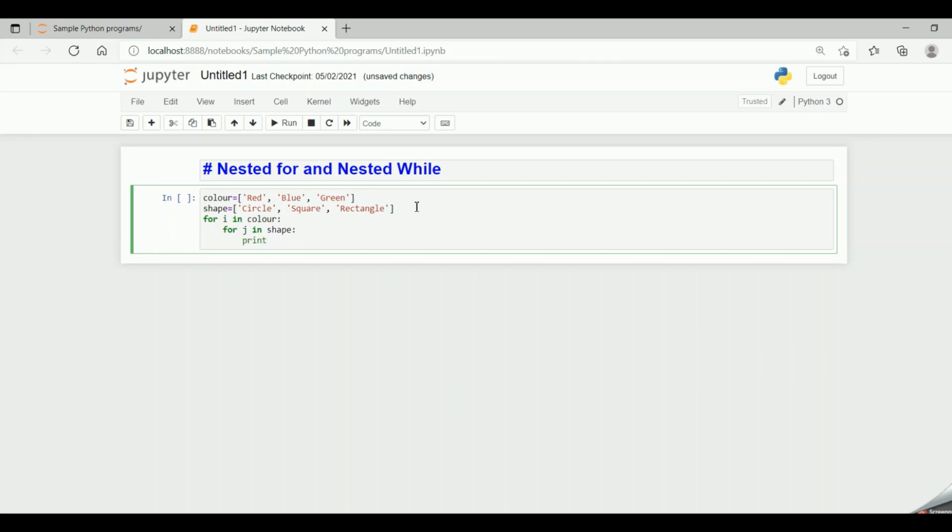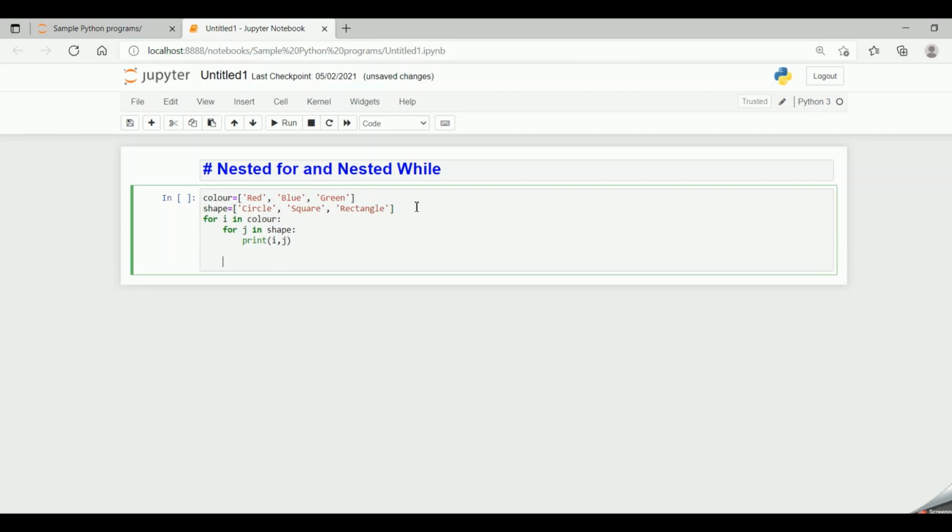Print i comma j. And then let me end the program saying print end of program.